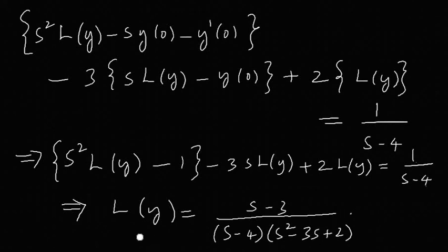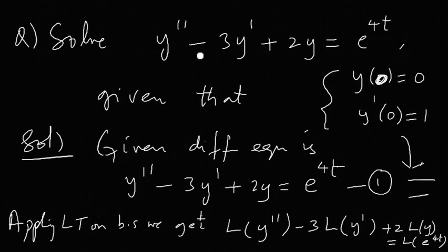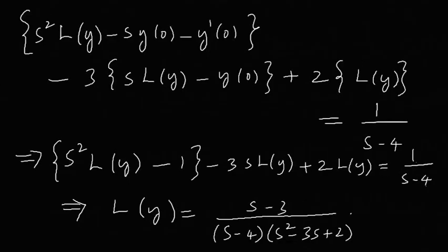Now we are in need of y. Actually speaking, to solve this differential equation, the main motto is to find the value of y. That y is depending in terms of t. So what is the relation between y and t? We are calculating that relation. So to find that relation, we have to find y in terms of t. Now very beautifully we have the value of L of y. So we want y from this one, then take L inverse of this one.